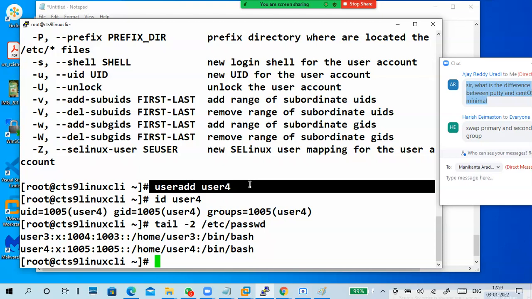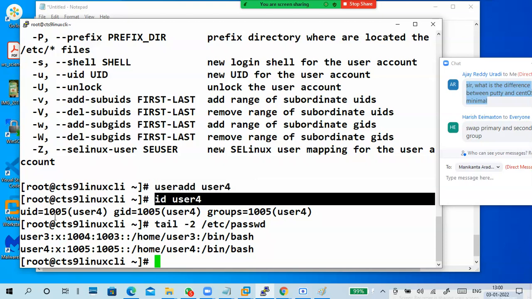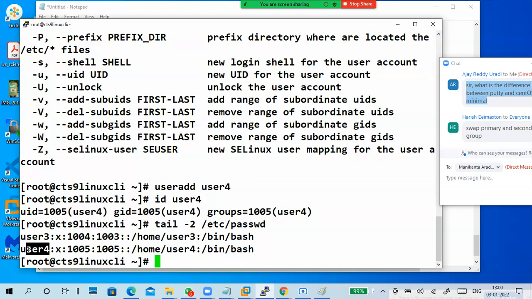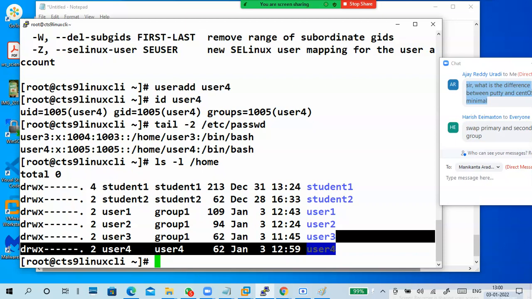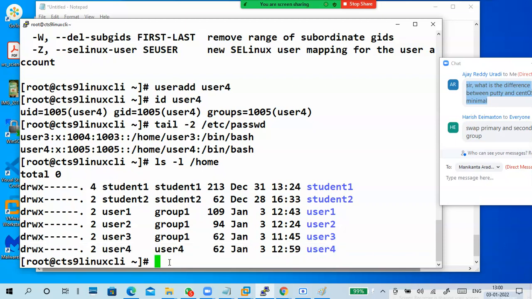I added a user: username, user ID, group ID, and the home directory. ls -l /home shows the home directory user4. Now I realize I made a mistake: instead of user4, I have to create user14. I want to change user4 to user14. So how to change the name?